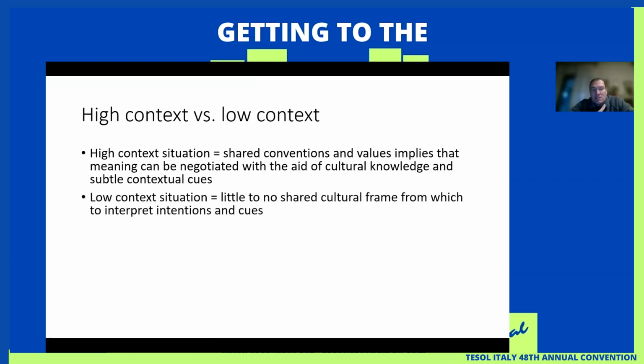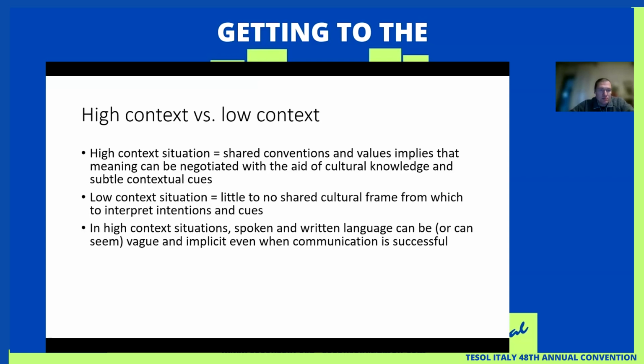A low context situation, on the other hand, is a situation in which there is little to no shared cultural frame from which to interpret intentions and cues. So it's more difficult to negotiate meaning without the use of language. So in high context situations, spoken and written language can be or can seem quite vague and implicit, even when communication is successful. So the extreme example of this